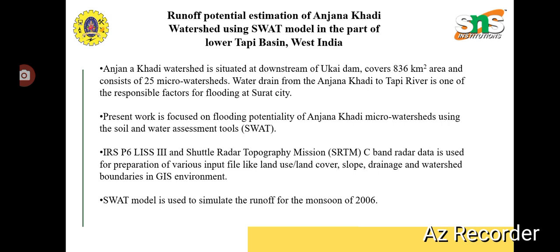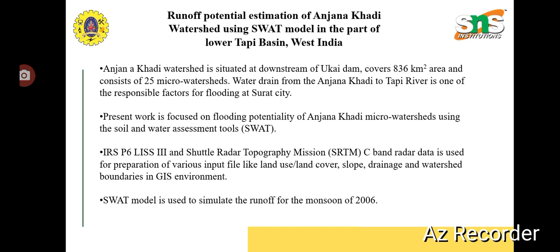Let us take one case study regarding the runoff potential estimation of a watershed using the SWAT model. By seeing this case study we can understand the importance of the watershed and the main principles behind watershed management. The Anjana Kadi watershed is situated at the downstream of the Ukai Dam, and it consists of 25 micro watersheds. Water drained from the Anjana Kadi to the Tapi River is one of the main responsible factors for flooding in Surat city. The present work is focused on the flooding potentiality of the Anjana Kadi micro watershed using the Soil and Water Assessment Tool, and